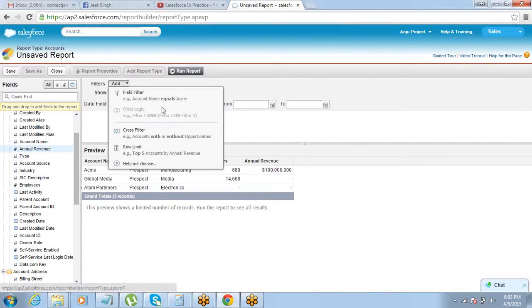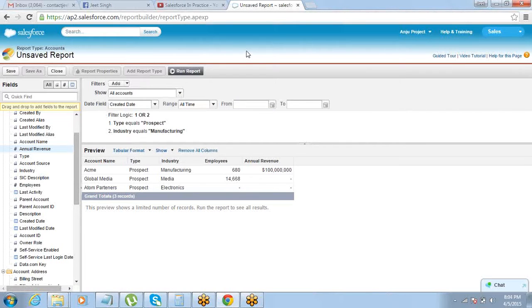So the next concept under filter is cross filter. What is a cross filter? Cross filter is basically a filter on some other object. So if you want filter logic to be put on some other object, not on the account object, for example, if you want the accounts to be displayed which have opportunity. If I ask you to create a report of all the accounts where there is an opportunity or where there is a case, that is a cross filter, because the filter needs to be put on the opportunity object. The report is of the account object and the filter is on some other related object. So that is the cross filter.